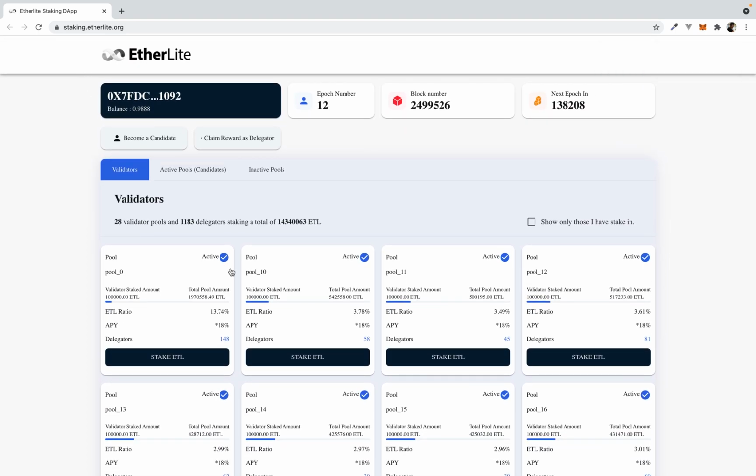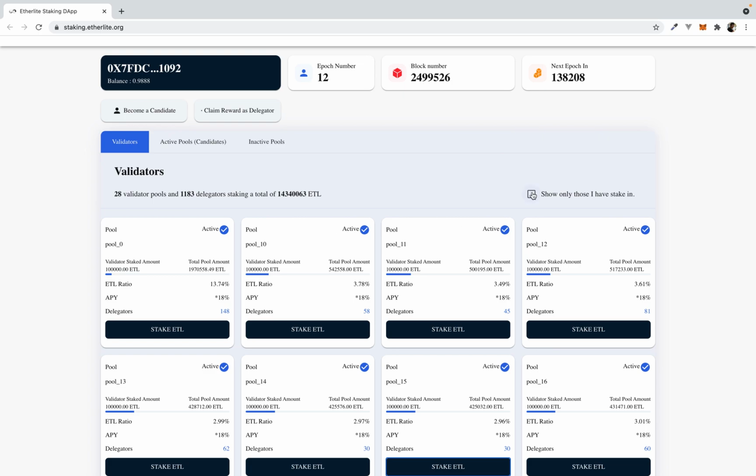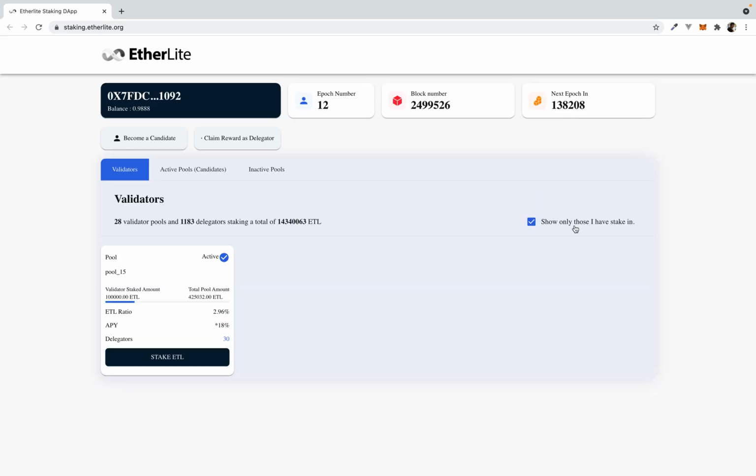Once you confirm that, your balance will be deducted, and if you click on show only those I have staked, only that pool will be shown here. And 7 days later you can go to the same website and claim your rewards.